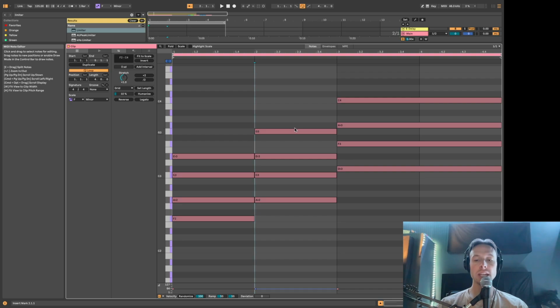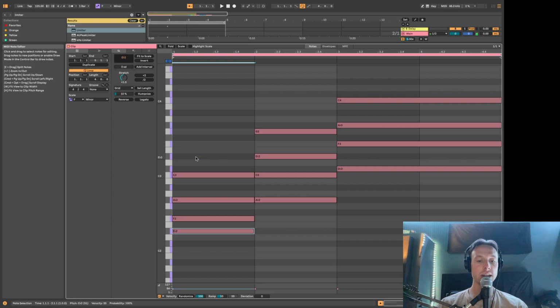Now the thing about any of the extra notes that we're adding, so like sevenths or ninths, you don't want them to be the lowest note. And that's really the only rule with them because they're a very unstable harmonic within our chords. So if I had our chord like this,